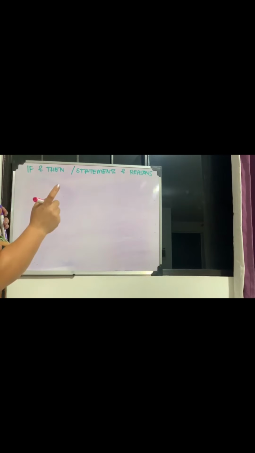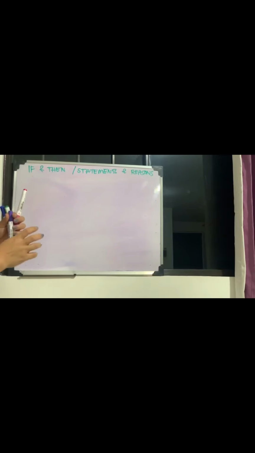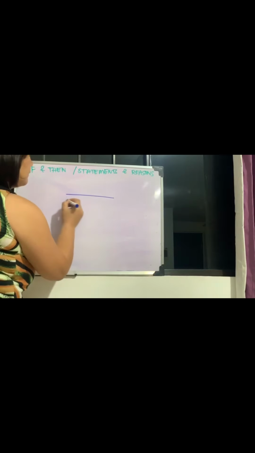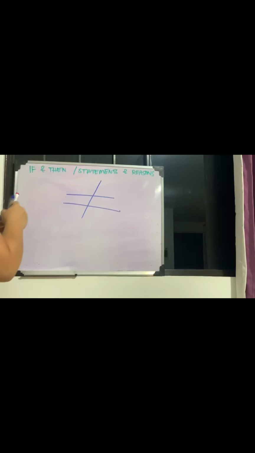When it comes to proving lines that are parallel, we have to remember certain conditions. So what do we know about the pairs of angles that are formed when two lines are parallel and cut by a transversal? Let's say you have two parallel lines, and then it was cut by a transversal. The if, or the statement, should be if